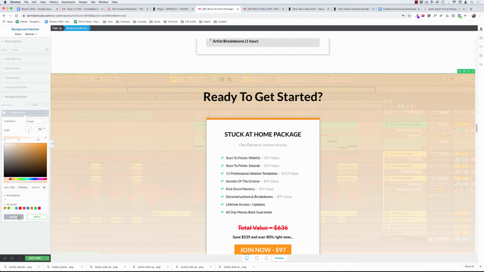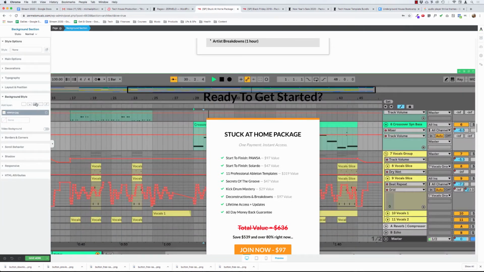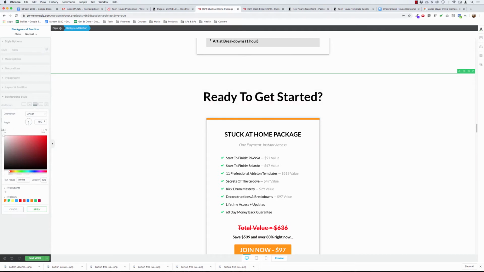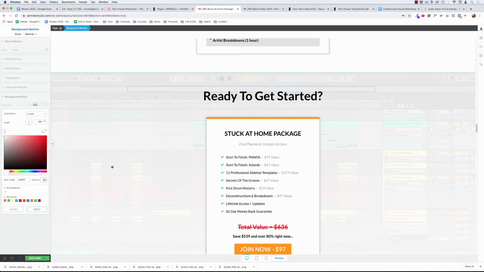Okay. Oh man. All right. What we'll have to do is delete that. Let's add a gradient. And they both need to be white. So this one needs to be white. And then this needs to be 85. And